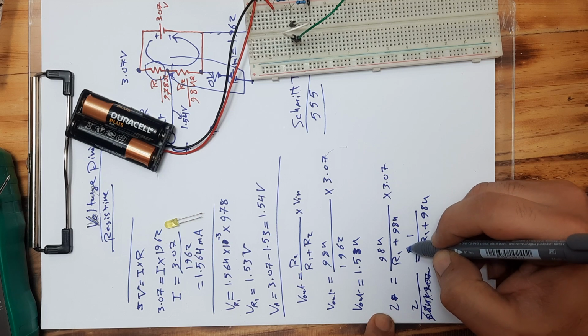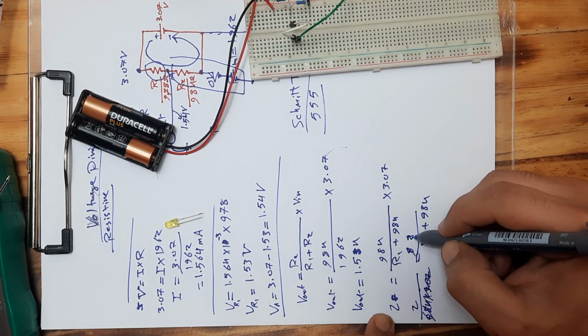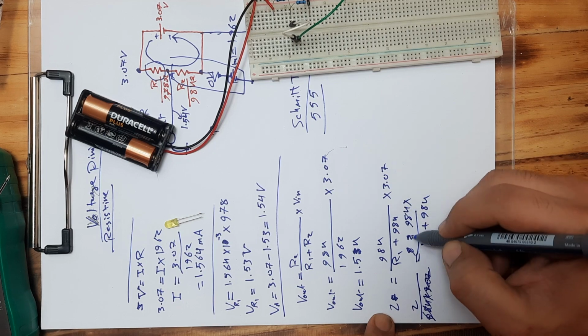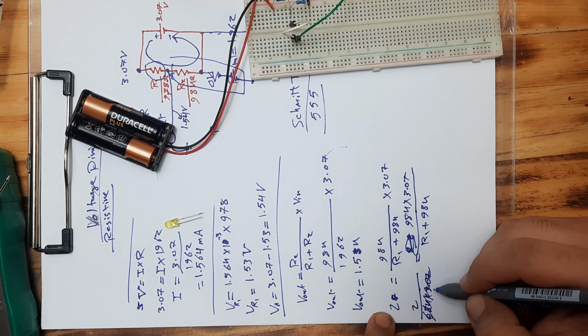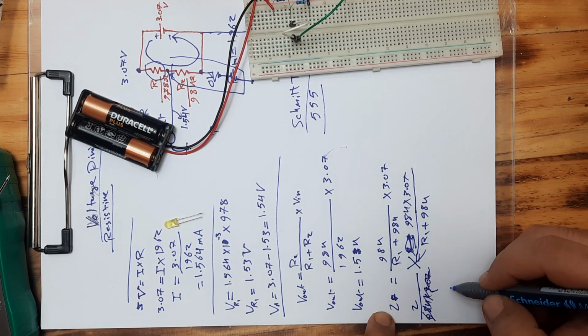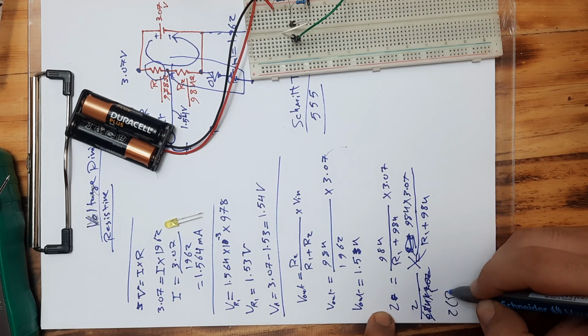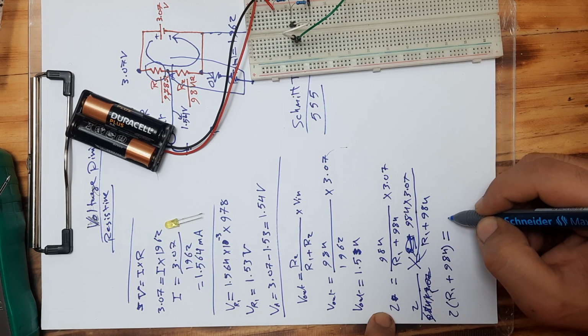You get the idea. So we multiply these two numbers together, which are 984 times 3.07. This is over 1, so we do cross multiplication. So we have 2 times R1 plus 984 equals